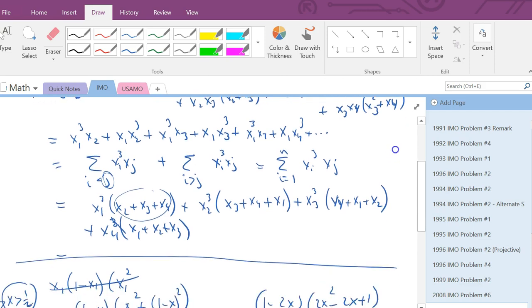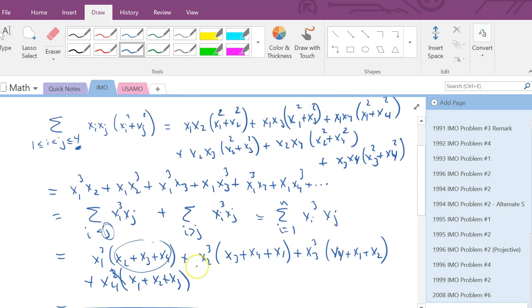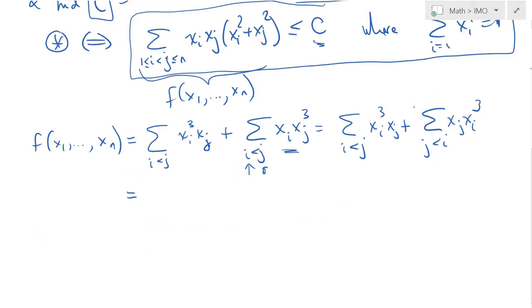And in fact, I convinced myself that each of these can be represented in the following fashion, right? You can do something similar for yourself. So going back to our problem, you can easily convince yourself that this is in fact equal to the sum from i to n of x sub i cubed times the following, basically 1 minus